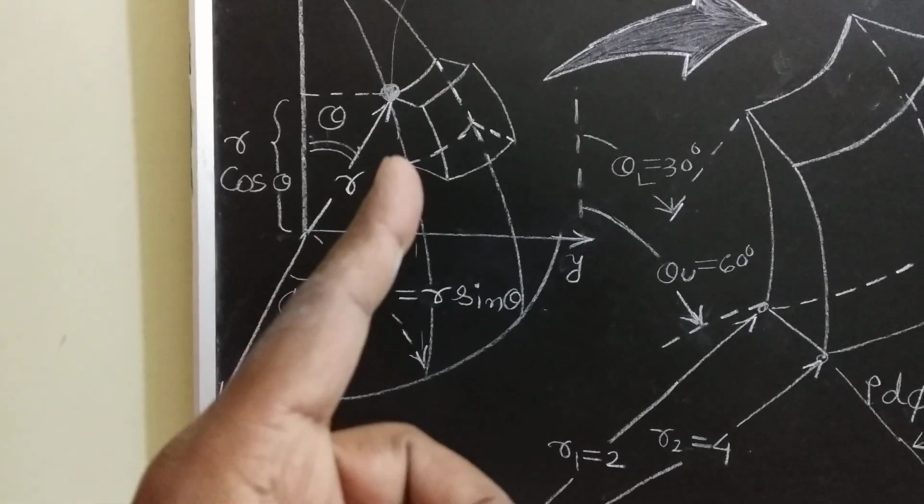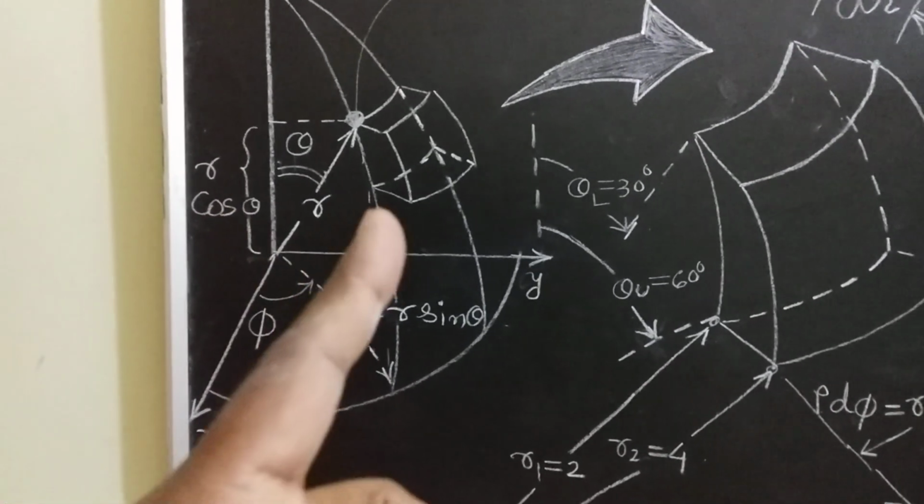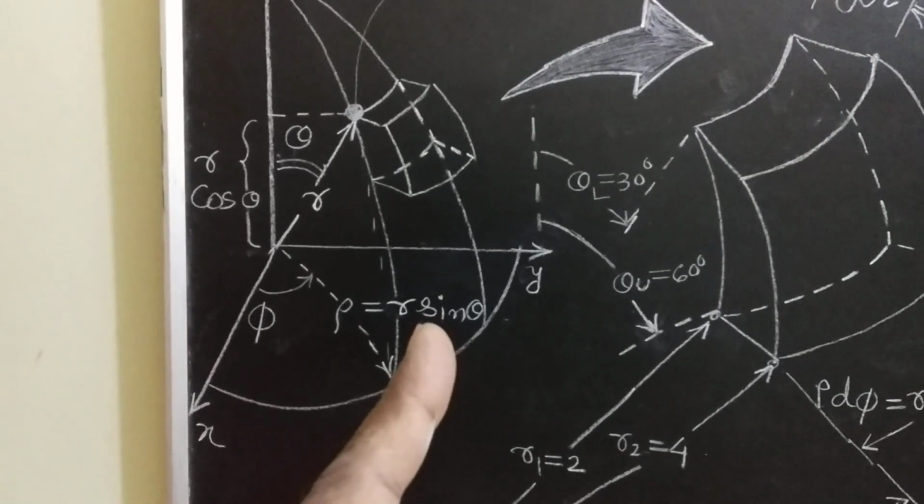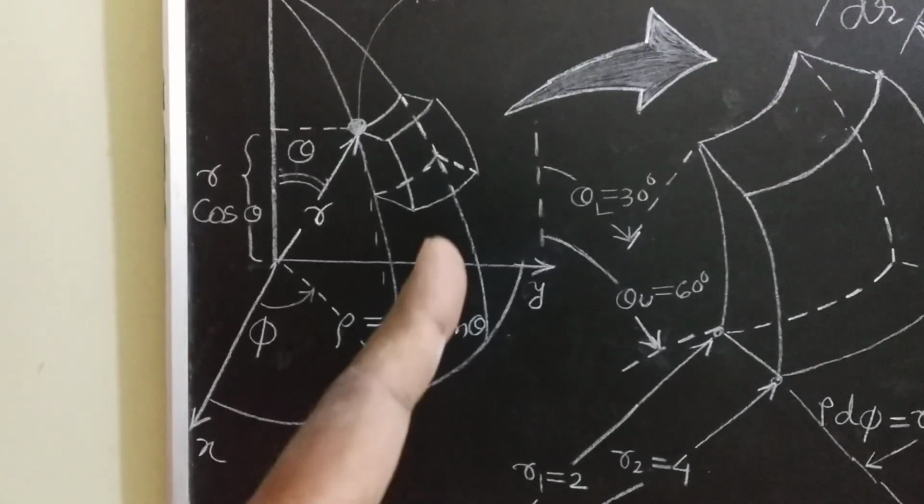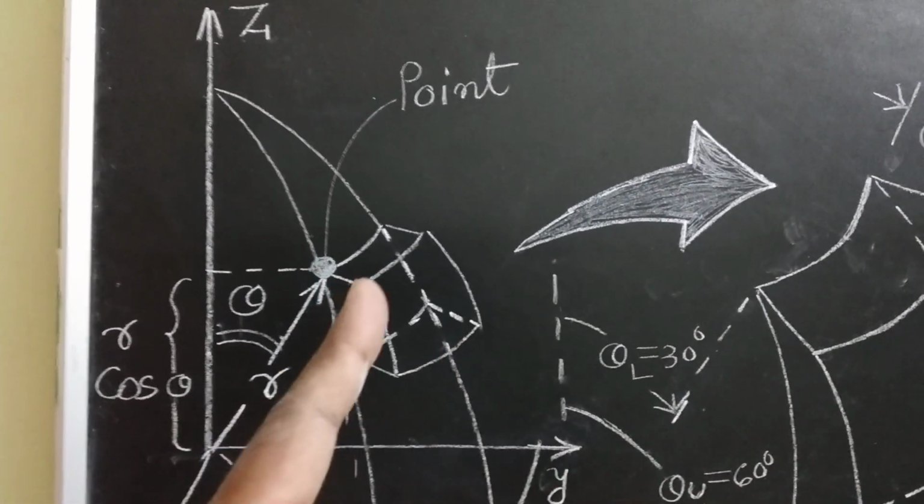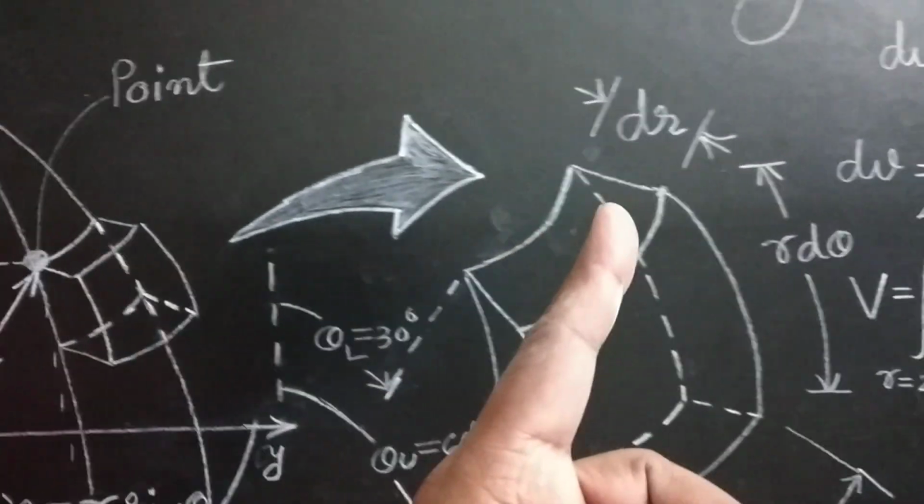If you see the projection of r on the z-axis, it is r cos theta. But the projection of r on the xy plane is rho, and it will be r sin theta. If we consider a small volume in the spherical system as shown here, and see the enhanced diagram here,